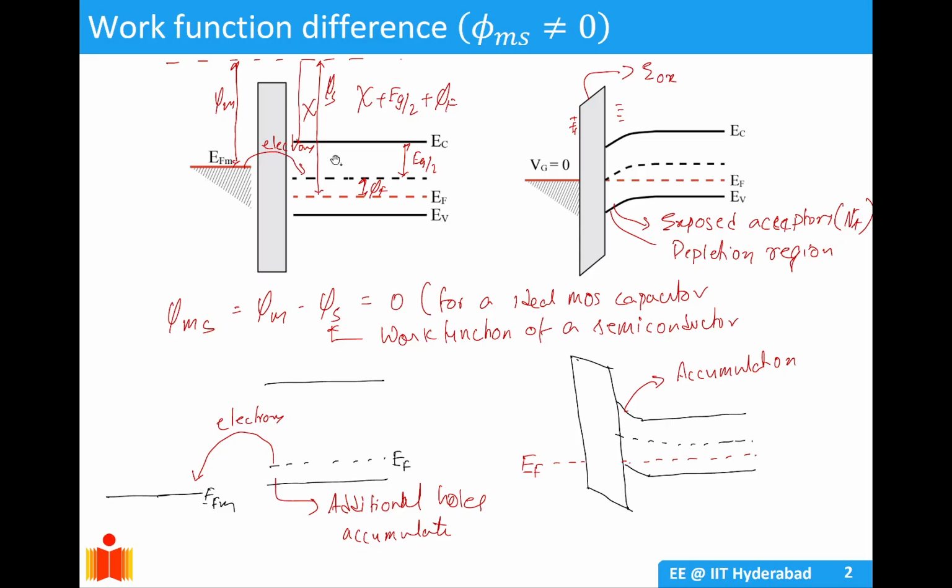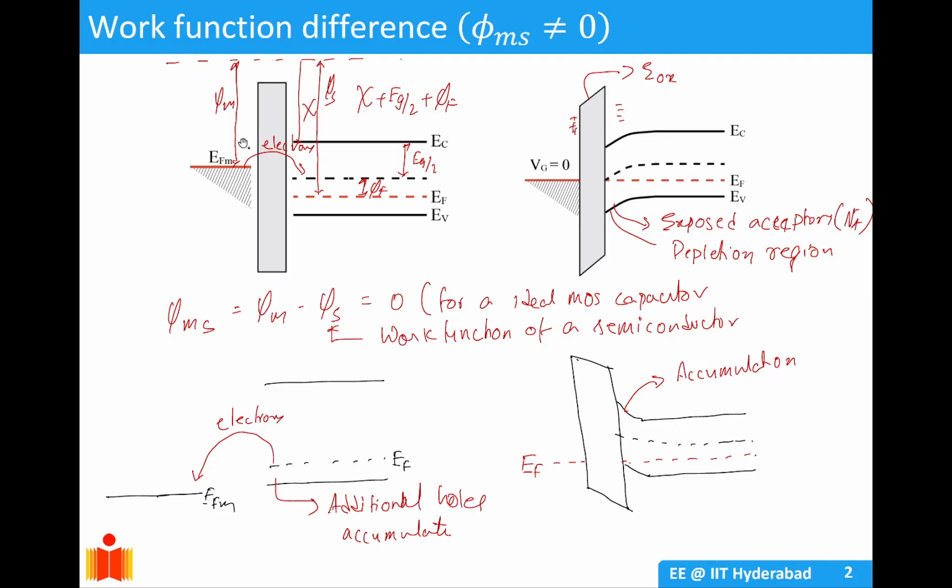Here we are seeing an NMOS, which means it has a P type semiconductor. You can see EF is closer to the valence band. So to match EF to the metal Fermi level, the bands have to shift downwards,